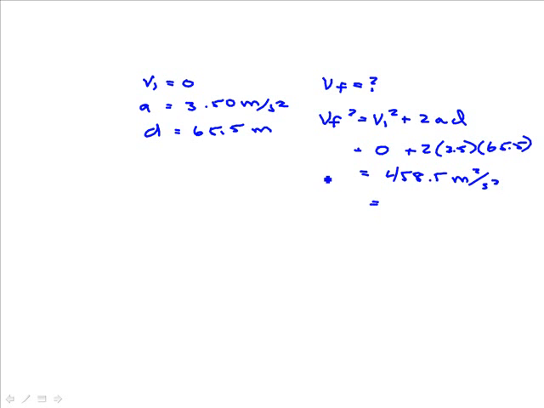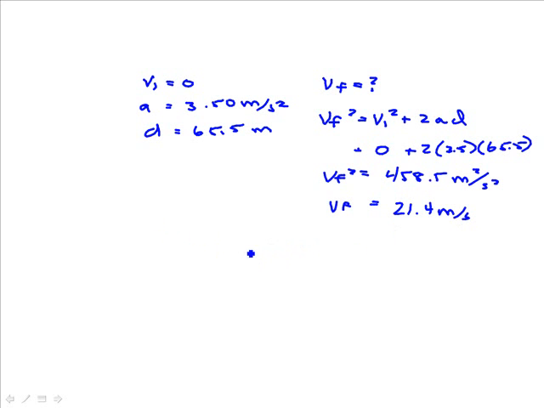And of course, to get Vf by itself, we take the square root of that. And the square root of that is 21.41, or 21.4 meters per second. Now the last step is, of course, when you want to take meters per second and convert to